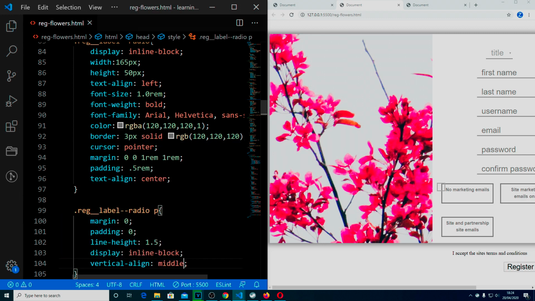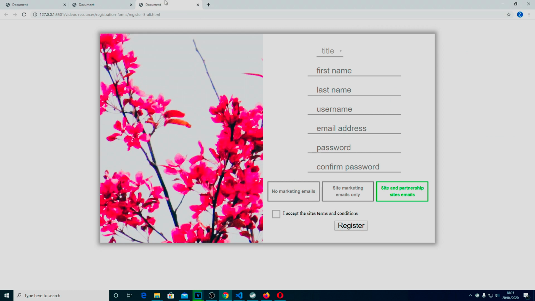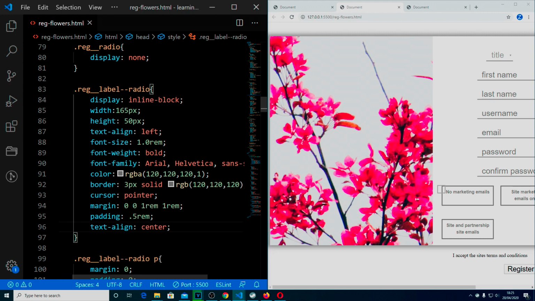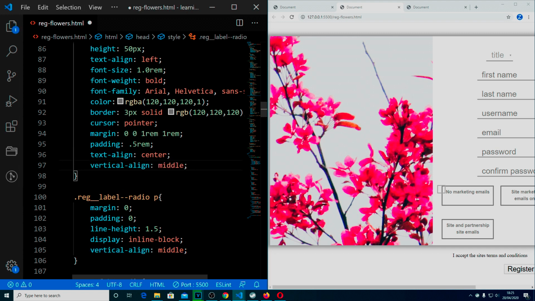When we do that, look at that. Now our marketing email has actually jumped up, and you have to say, well, which is worse, having these ones here too far down, or having that one a bit too far up? And I would say that it's probably best having it the way it is right now. If we look at our master one, it is in the middle though, so we must be able to do something to change that, and that is probably because we've done this vertical-align middle in our paragraph. We didn't do it in here,